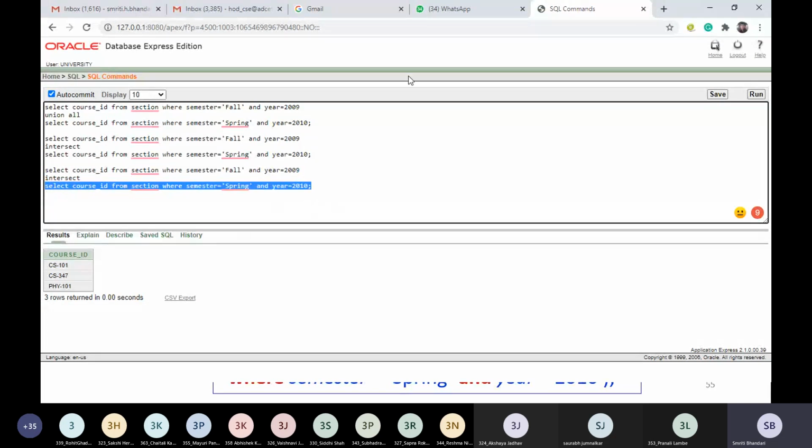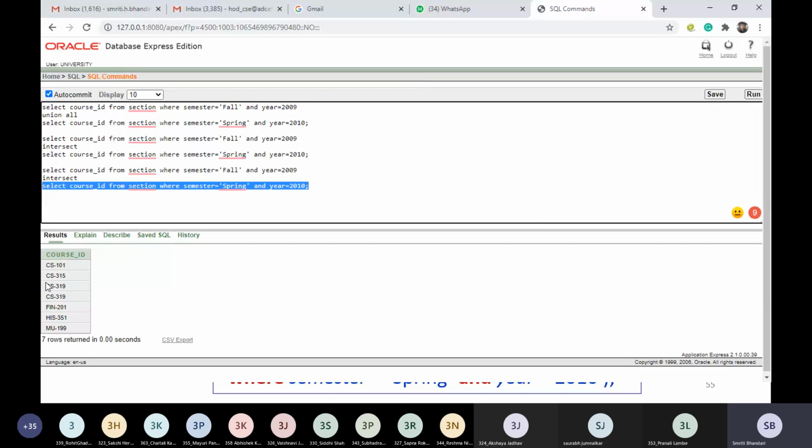So let's see now which are the courses taught in spring 2010. We have 7 courses taught in spring 2010. And what we want to find out now is the courses taught in fall 2009 but not in spring 2010. So in 2009 we had CS 101. That is also taught in spring 2010, so this will not be there in the result. Okay, CS 315 was